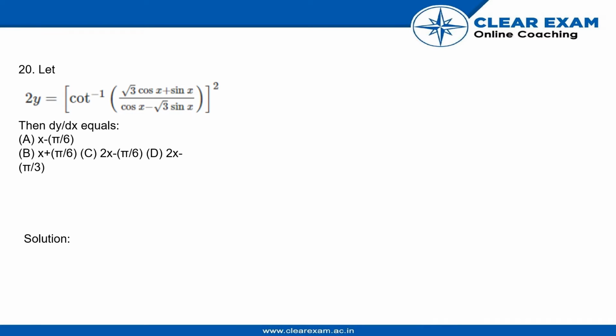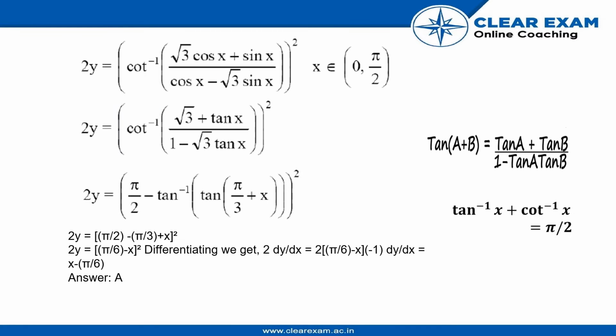Question number 20. Let 2y equal to cot inverse of ((root 3 cos x plus sin x) divided by (cos x minus root 3 sin x)) the whole to the power 2. Then we have to calculate dy by dx. Now moving towards the solution, we have been given that 2y equals cot inverse of this whole term